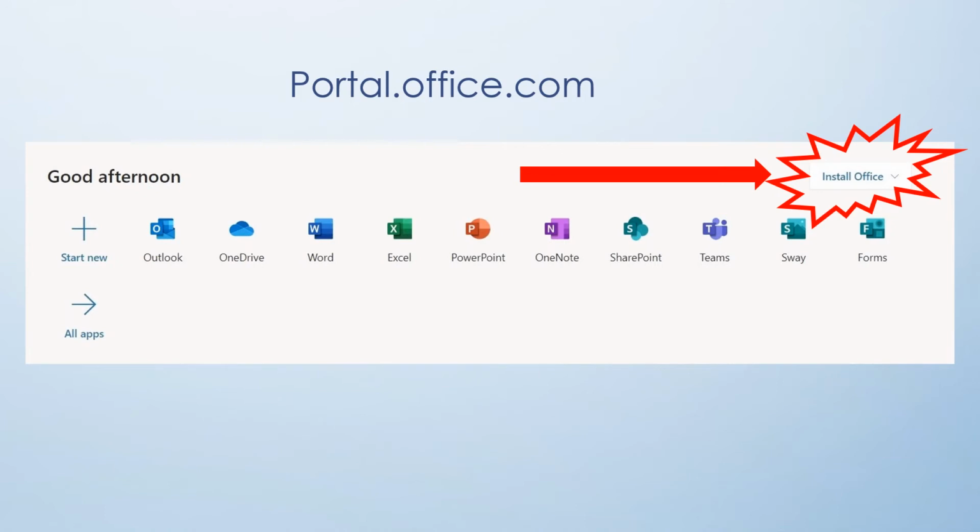On the computer that you'd like to install the Office Suite on, open a browser and navigate to portal.office.com. Log in with the email address and password, and once you're logged in, you're going to see this Install Office button in the upper right corner. Click that button and it will guide you through choosing the PC or Mac version and going through the steps